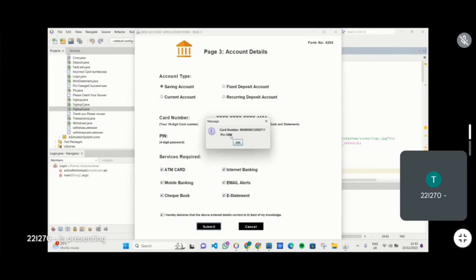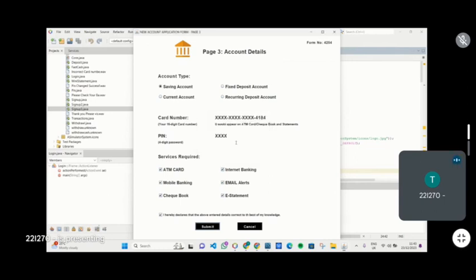It is randomly generated. Now it will get redirected to the